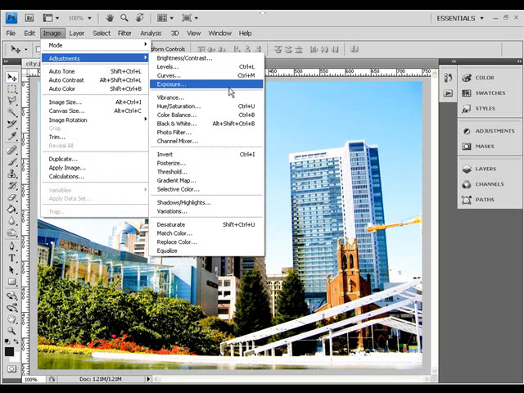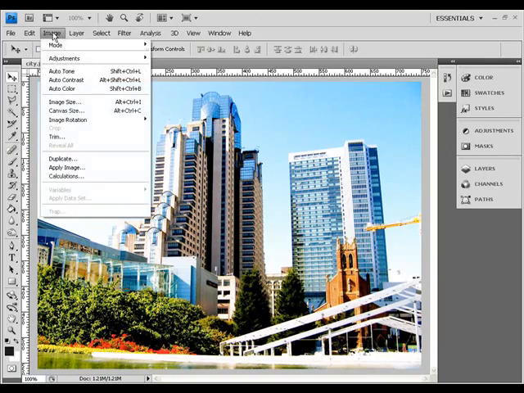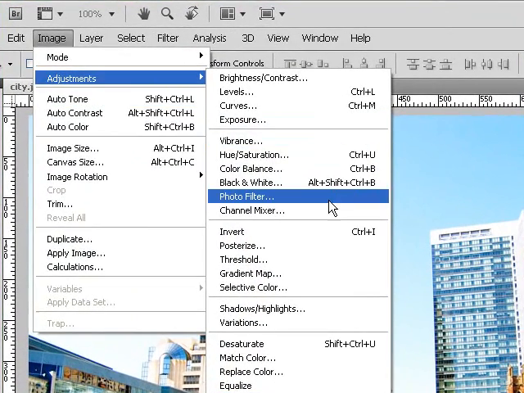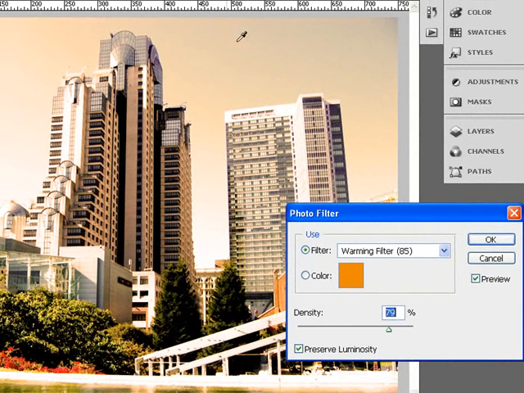So Image and Adjustments, photo filter. Let's say for instance you've taken a photo and you want to have, like, a sepia tone on it. So go to image, adjustments, and I'll go to photo filter, right? And then this box pops up. This is, like, for instance, used on Top Gear, something like that. So for instance, if I increase the density, sorry, can't talk, of this, you can see I've got this nice